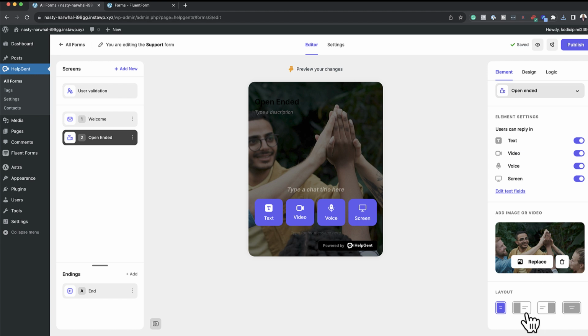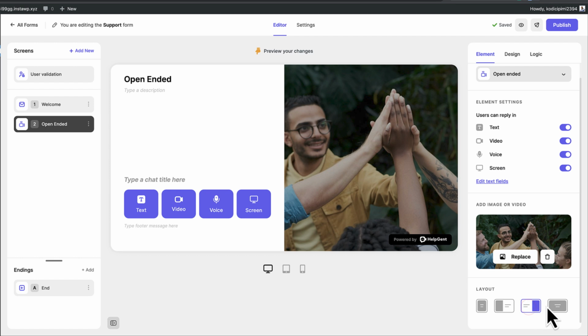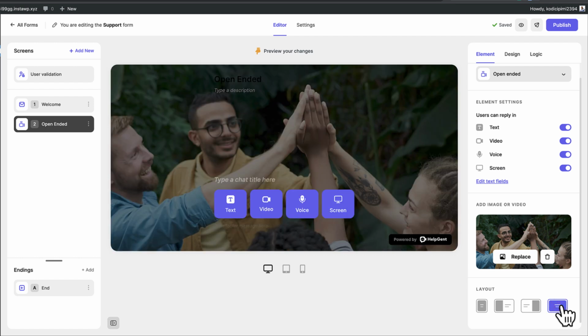Now we also have a different layout option here at the bottom. So we can have it like that, we can have it like this, we can have it like that as well. So it's up to you how you want to have this design. So I like the flexibility here as well. Now over here we have the